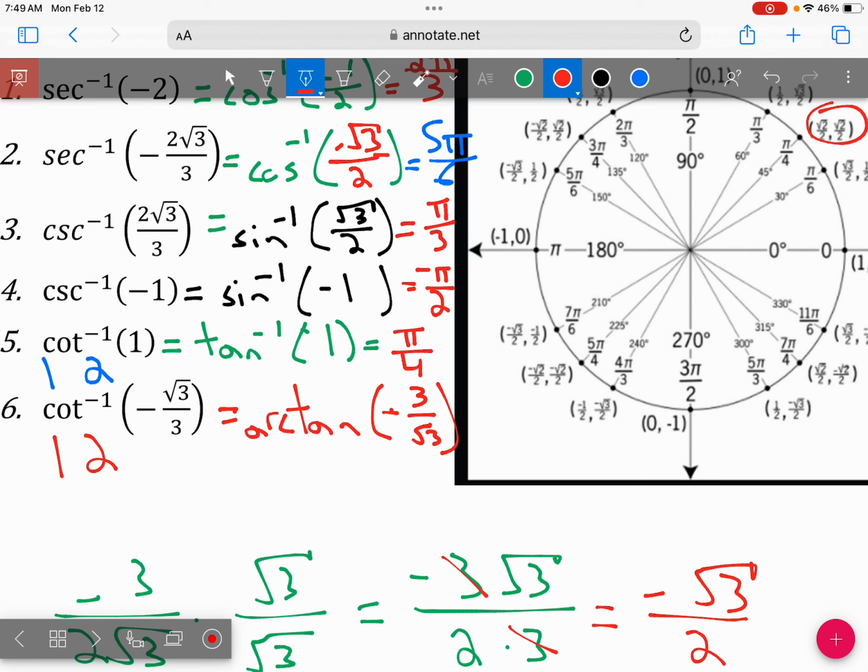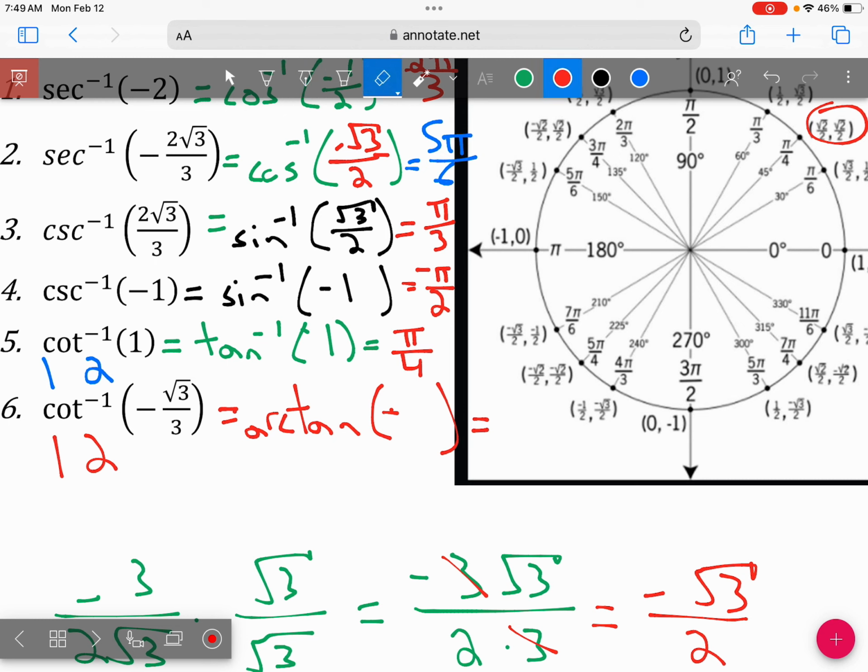That being said, if you're someone who's remembered in your head that the tangents are going to go 0, root 3 over 3, 1, root 3, and undefined, then you better rationalize, because this is not something that's on a normal unit circle of tangents. If you rationalize this,